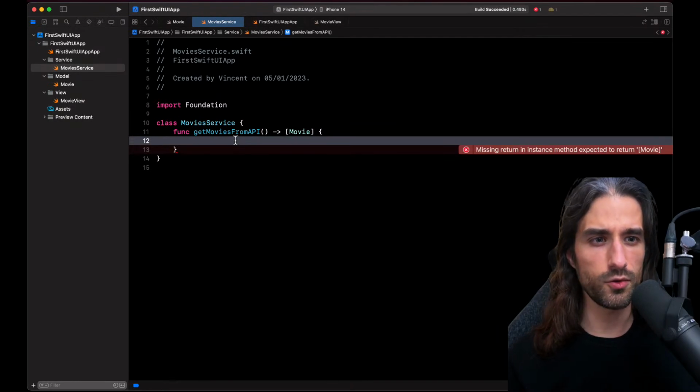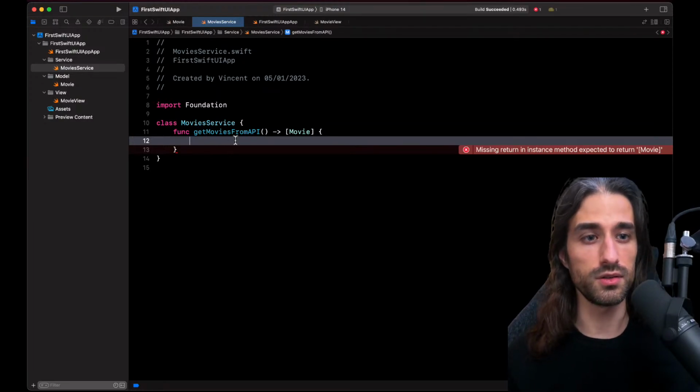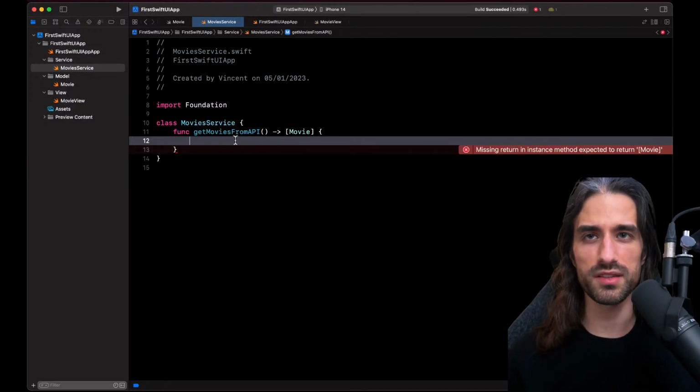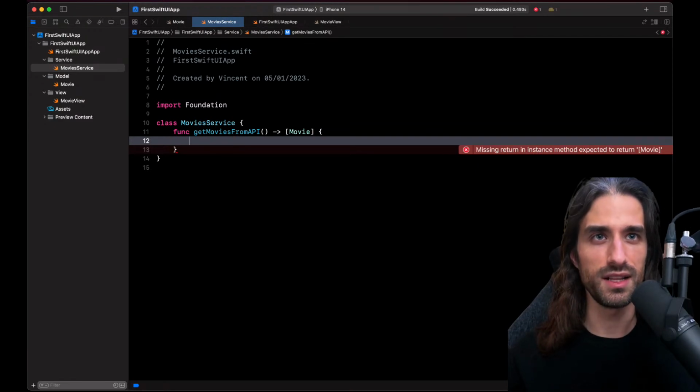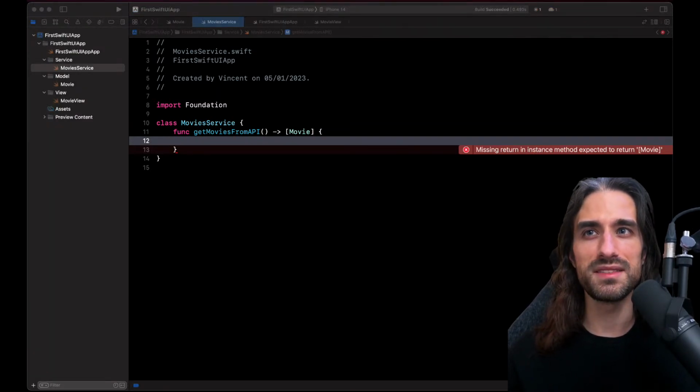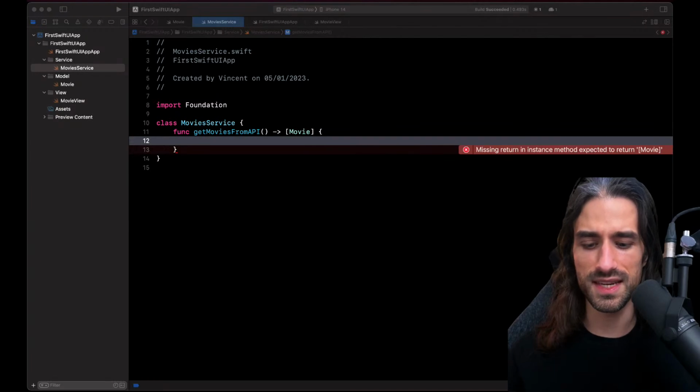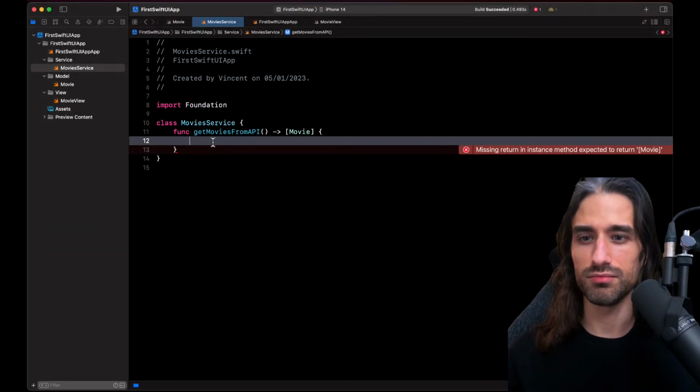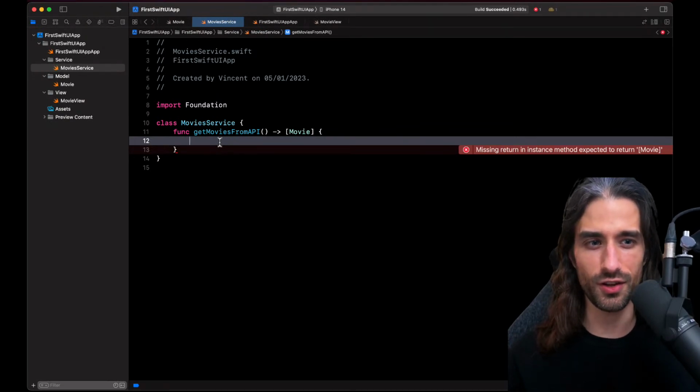So first thing, we need to build the URL to the endpoint of the API we want to query. So the URL for the HTTP request we are going to build. I'm going to copy and paste it from the finished version of the project, because rewriting the URL is just a way to make a typo and lose time. So it looks like this.